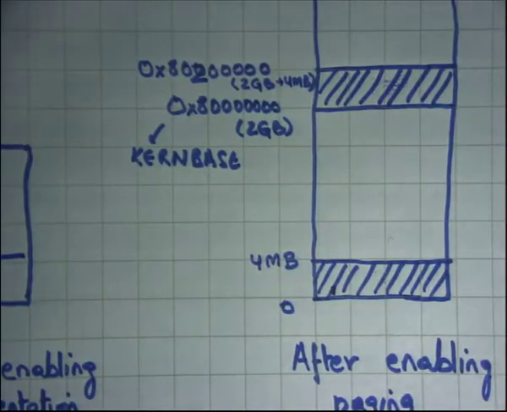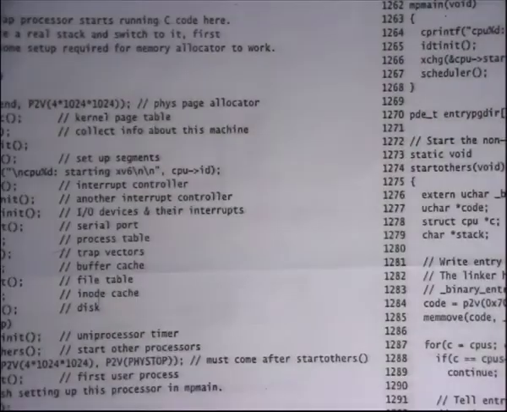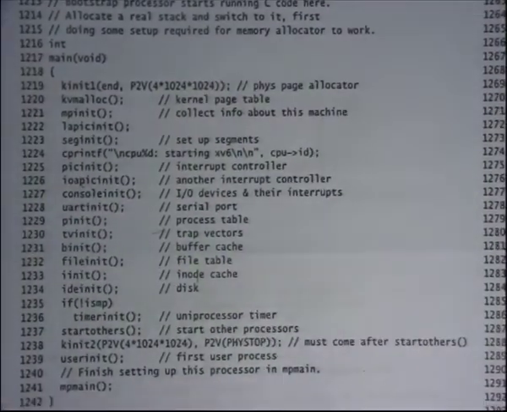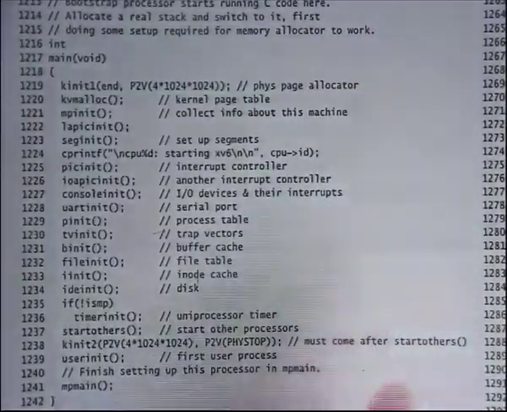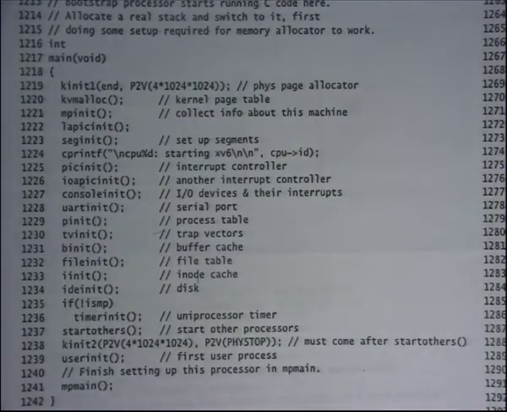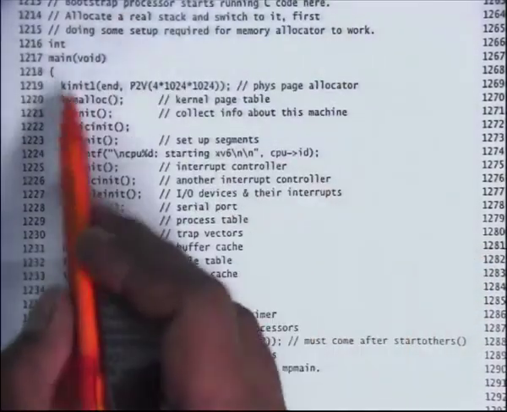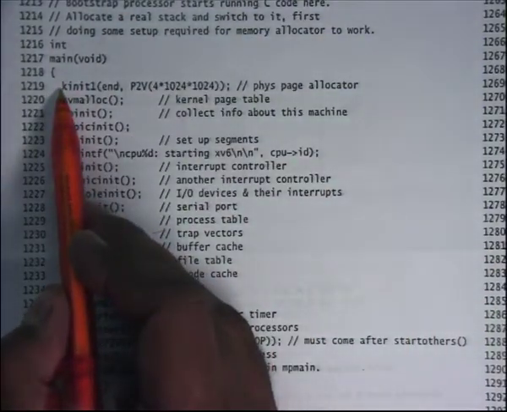But this kind of tricky code had to be written in assembly because C doesn't understand these different address spaces and all that kind of stuff. It's very tricky. The programmer has very carefully done this. All right. So we said let's look at main. It's now going to jump to main, and here is the code for main, right. And main is this long function that we don't necessarily need to go into full detail of, but the important thing to note here is that this is the first instruction that will get executed,